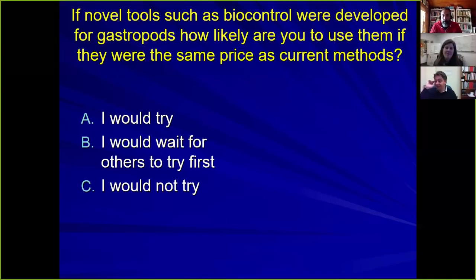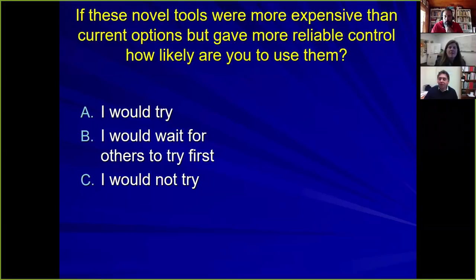Great. Yeah, for me, this is a bit of a no-brainer as well. I would certainly try and give it a go, and most of you would as well. 81% of you would be willing to try it. Okay, great, thank you. And the next question, similar: if these novel tools,